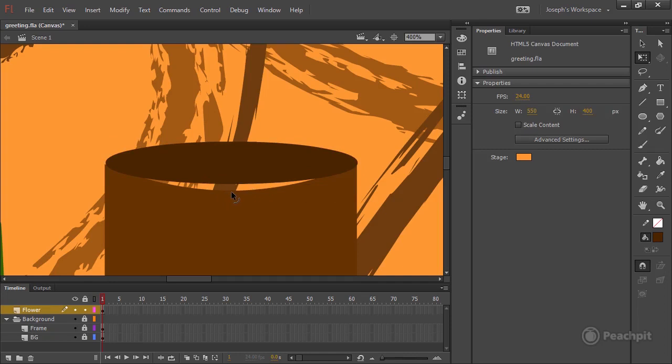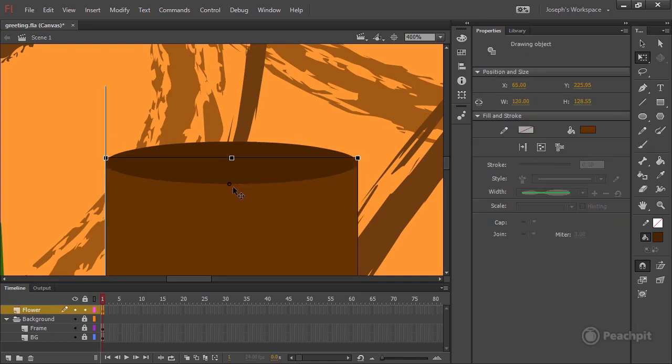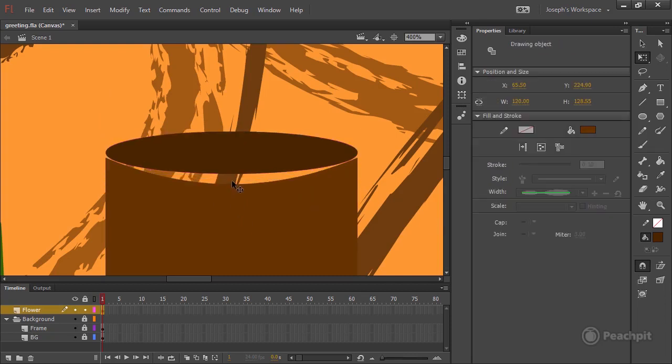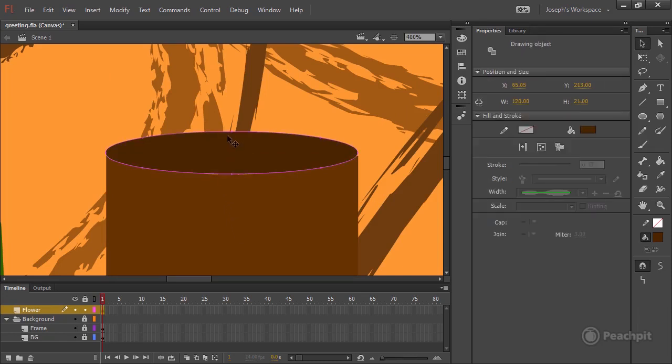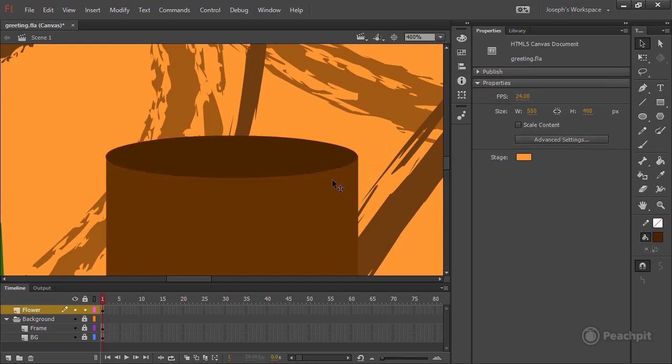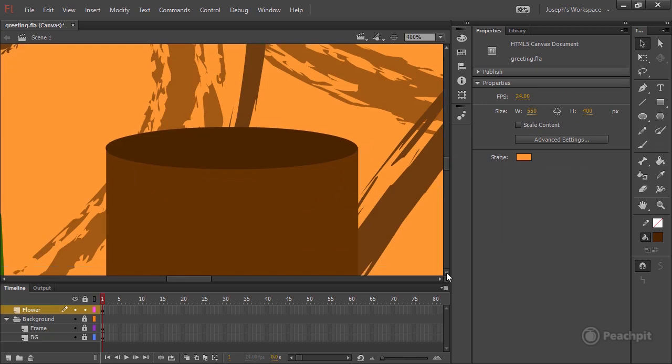Additionally, I can make further adjustments to our basic shape right here. Let's move this up a little bit with the arrow keys. And again, just tweak this. Oops. So I need to go back to my selection tool here. And there we are. That's what I'm looking for. All right. So with this done, I can shift that back down here until it's perfectly lined up with our cylinder. If I scroll down a bit,